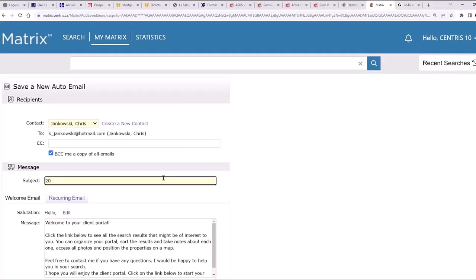Let's say I'm going to call it again 2023 10 18 and the NDG condos.